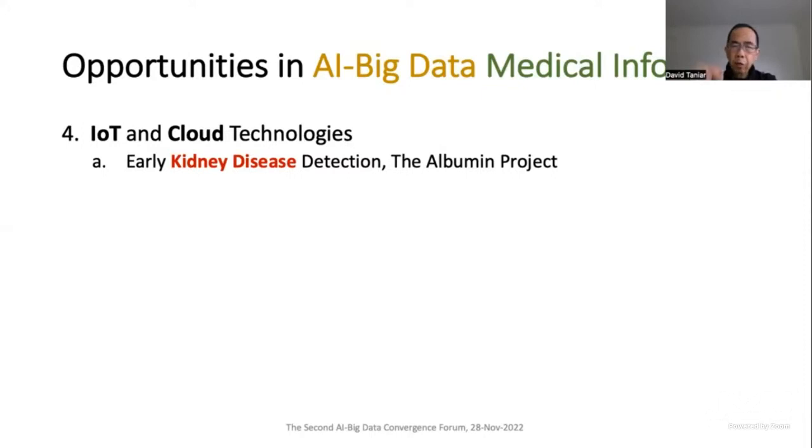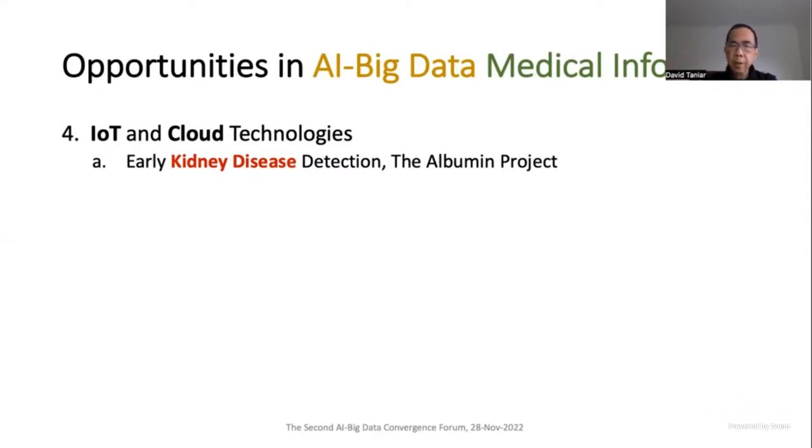Normally, if you want to detect early kidney disease, when you have a yearly blood test, you actually want to see this albumin, right, which is a protein in the blood. That level may identify whether you are prone to kidney disease or not, right? But of course,